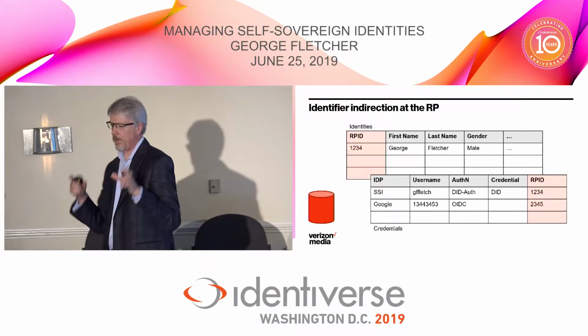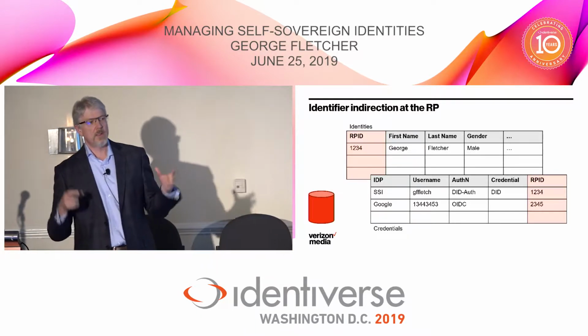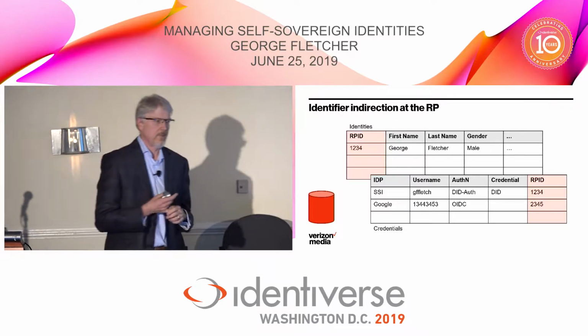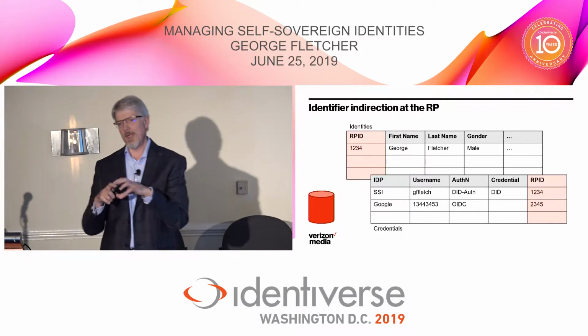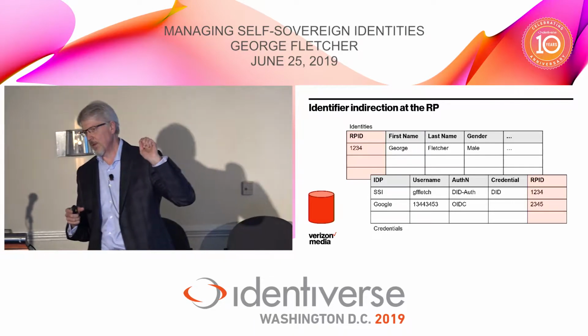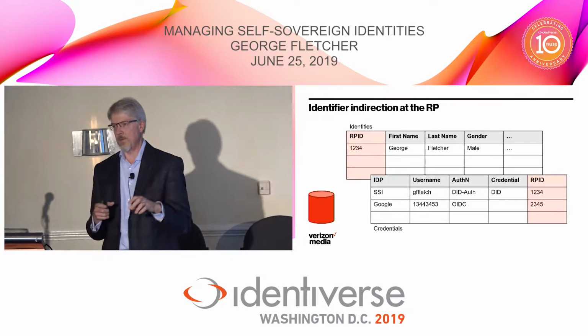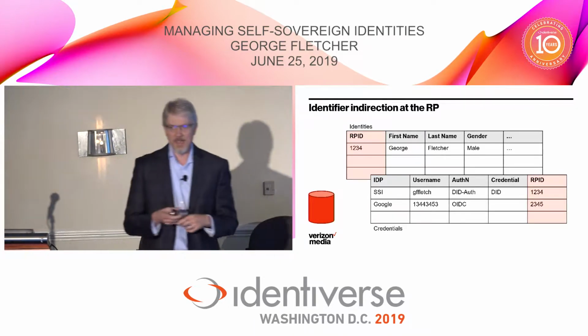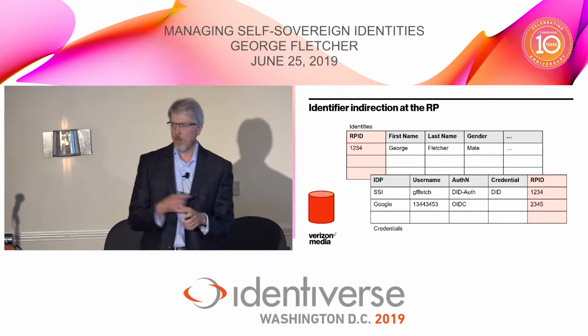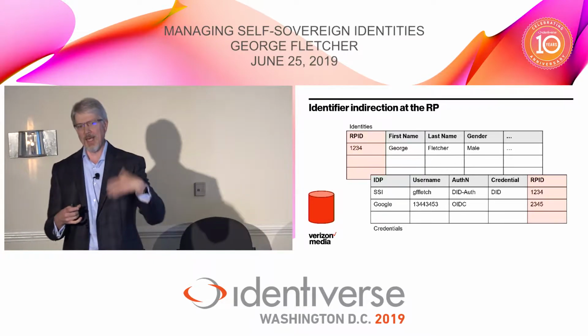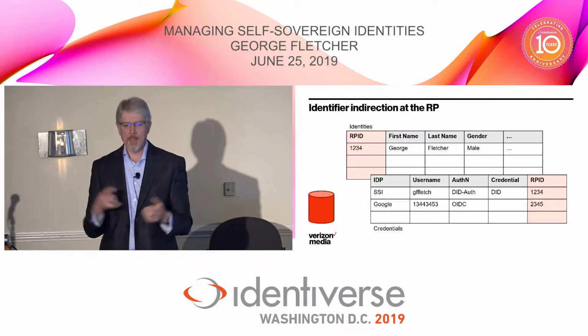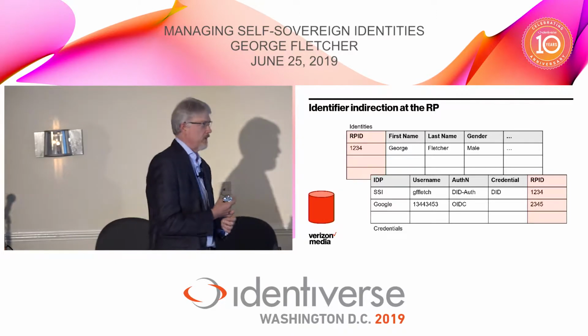So one of the key things that has to happen, or let me back up a little bit. It's super important if a relying party is going to support something like self-sovereign identity to basically create an indirection between the core identity and the attributes and effectively the authentication methods that are going to authenticate that identity at the relying party. And I'll go through a couple of examples here, but